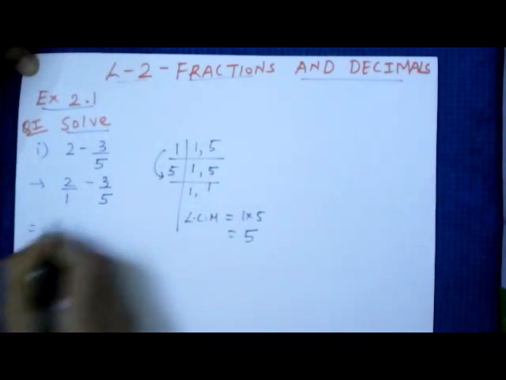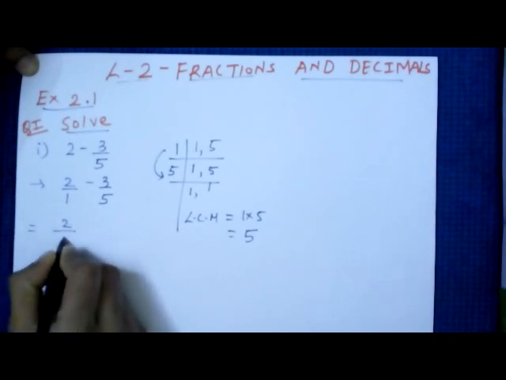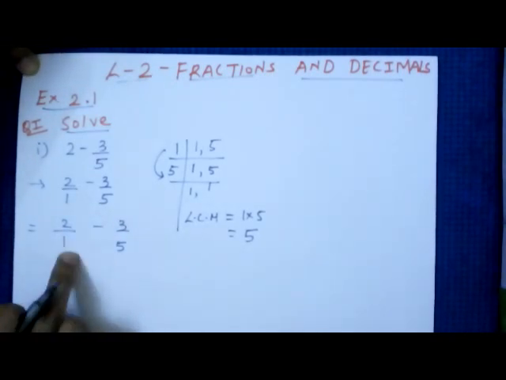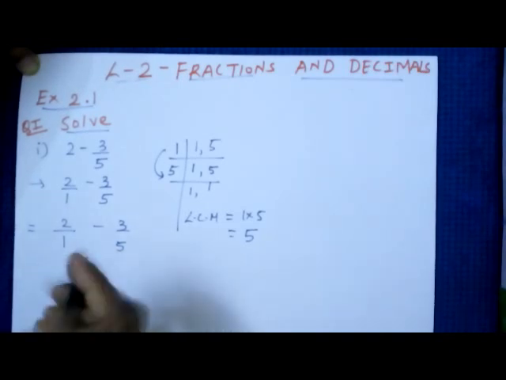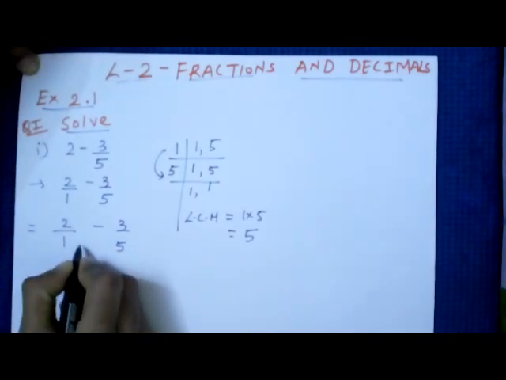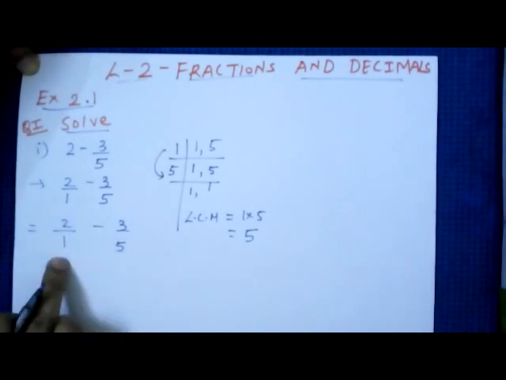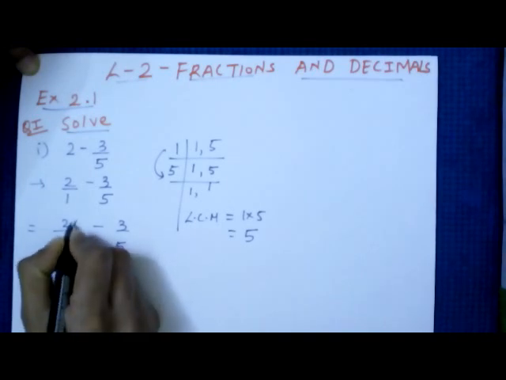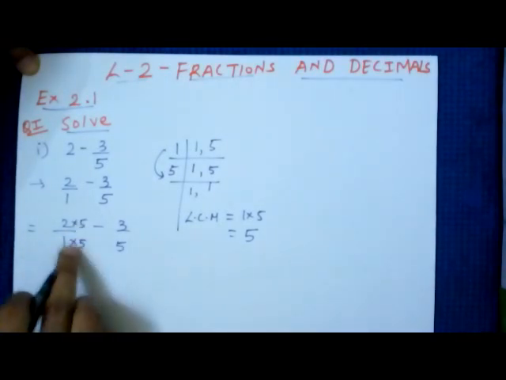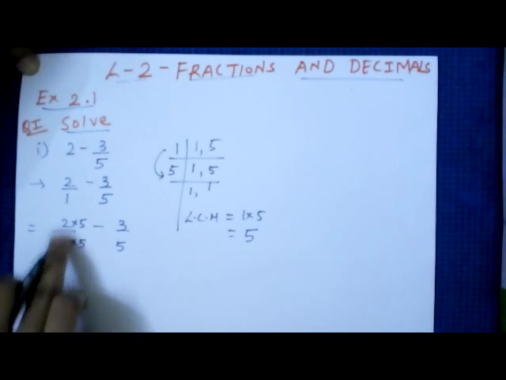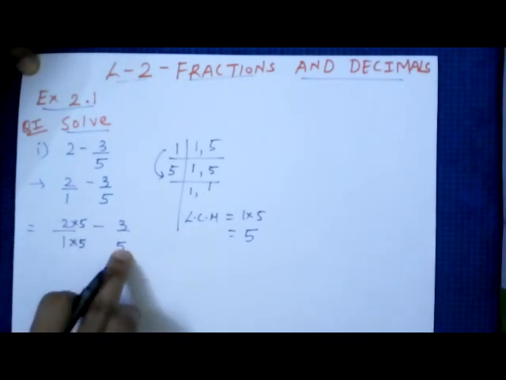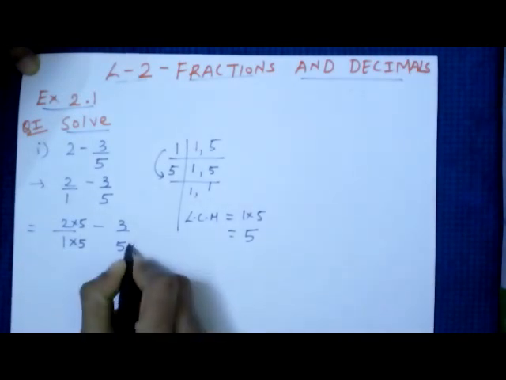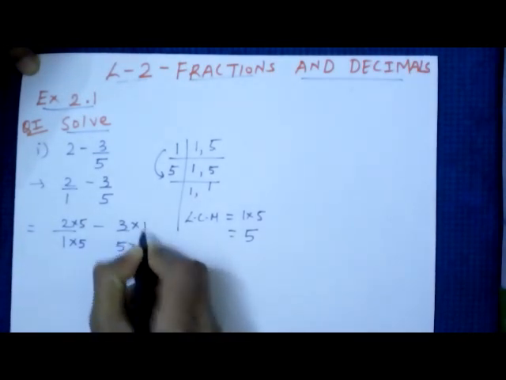So now 2 upon 1 and minus 3 upon 5. Our LCM is 5. So here both denominators should be 5. So 1 how many is 5, that you need to think. This fraction's denominator is not 5, so we need to multiply. So 1 five is a 5, so this we will multiply by 5. Whatever you multiply, that should be multiplied with both numerator and denominator. Now here 5 is there, so no need to multiply, or you can write multiply by 1. That will make no difference.